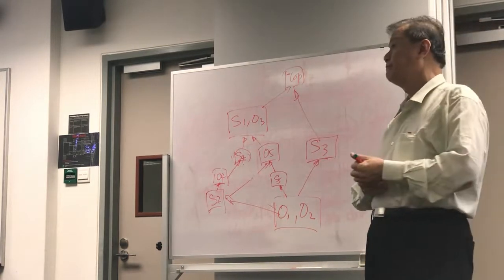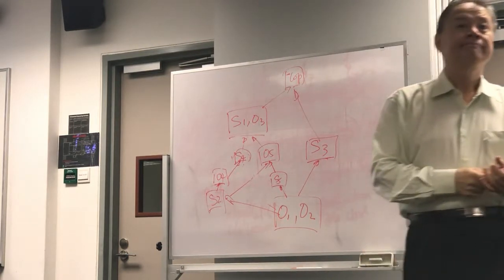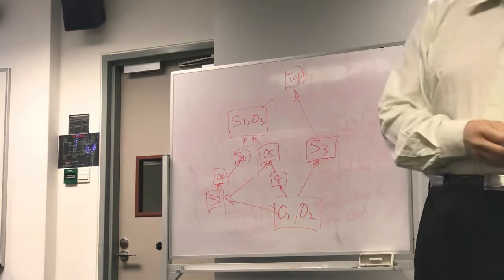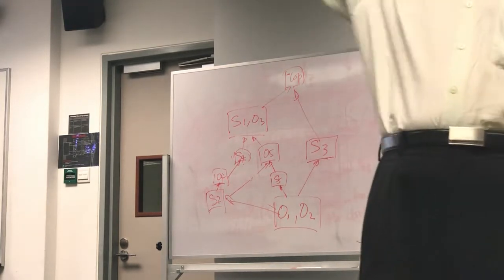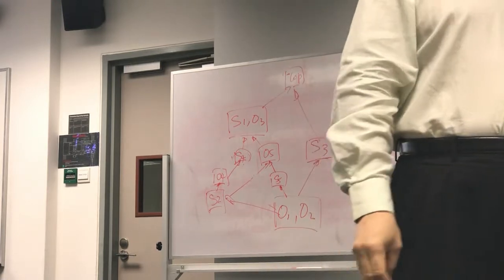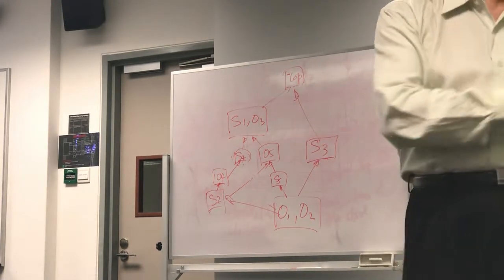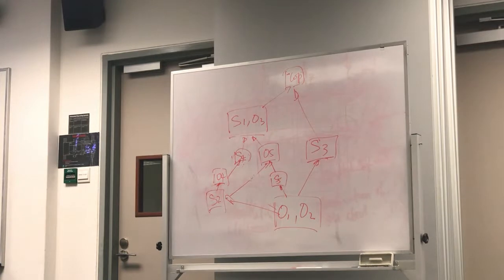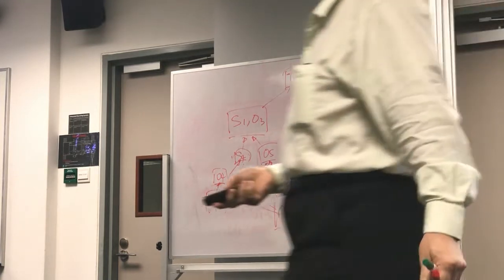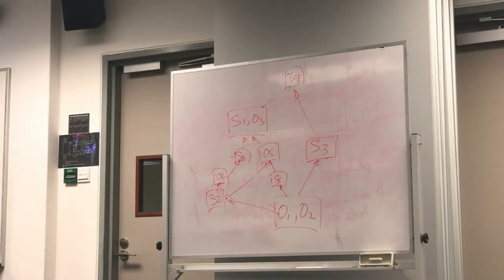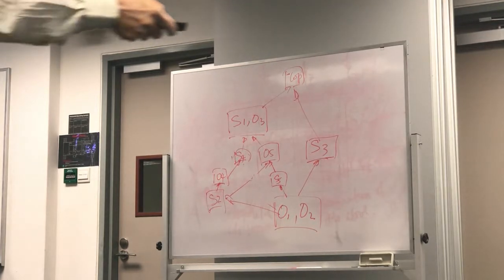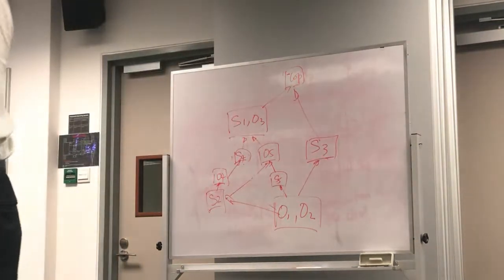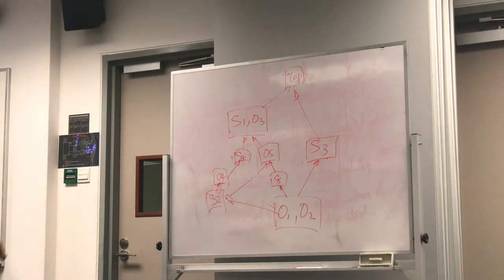Okay? The one is the top. Dummy top. Because every lattice must have one top, one bottom. Can we repeat again? Yeah. Repeat again. So initially this is O1, O2, subject. From every level can read object 1 and object 2. It implies that object 1 and object 2 are dominated by all subjects. Therefore, they must be at the lowest one.